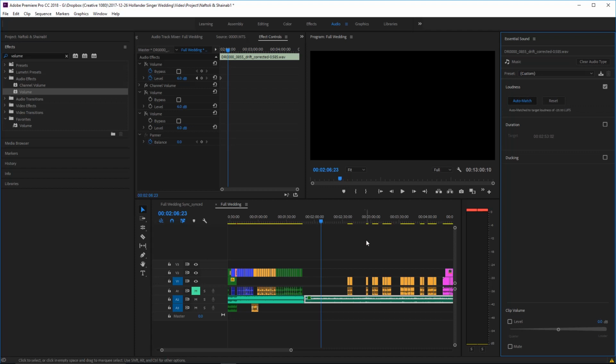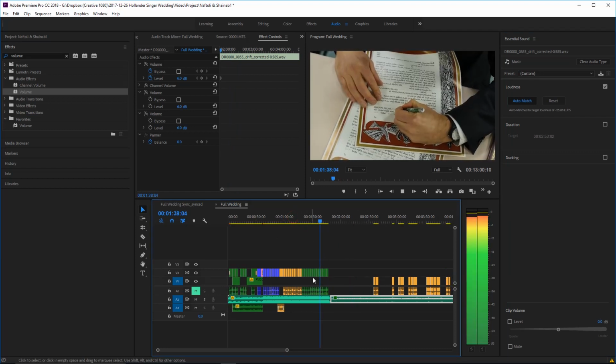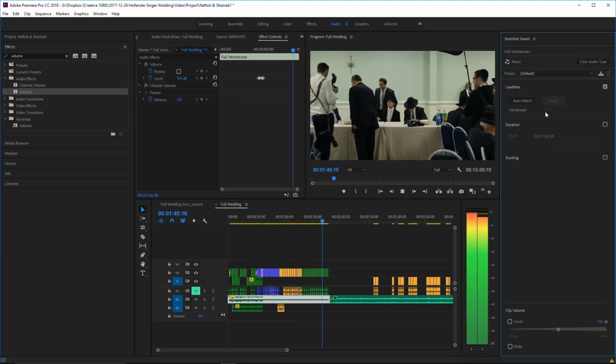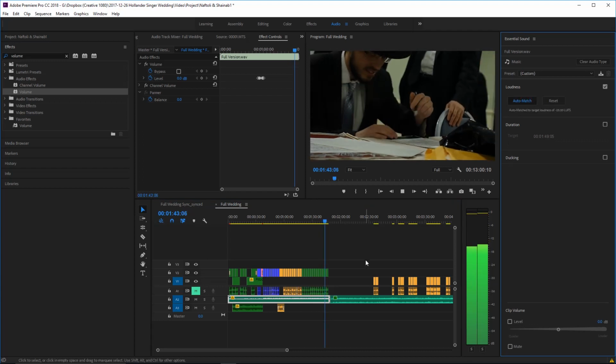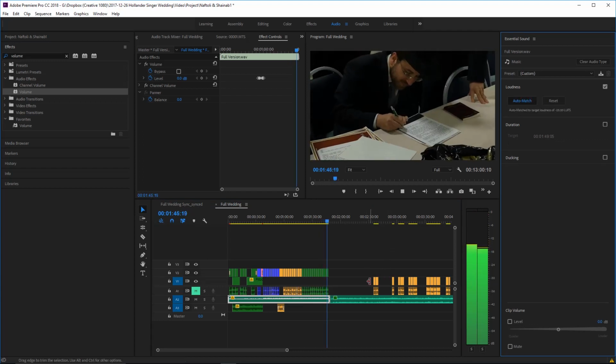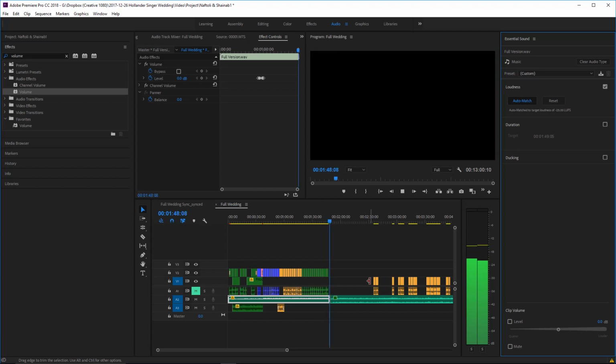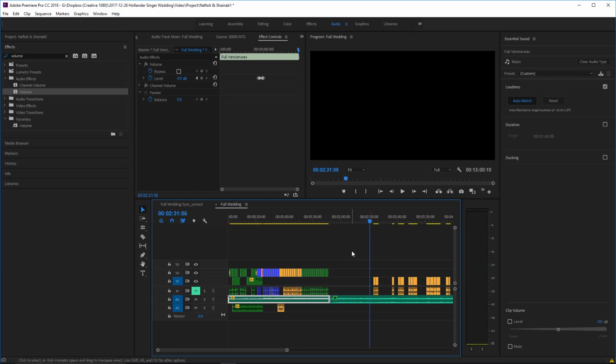Loudness, we're going to do auto match, and let's see if that brings up that volume. So it's saying that it wants music to be